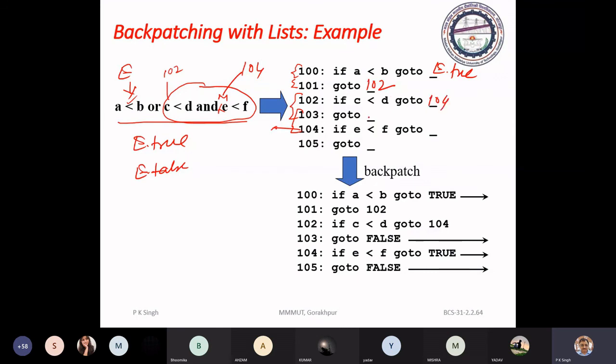And here E false. Here E true. Here E false. So this will be the code. And accordingly it will patch it.